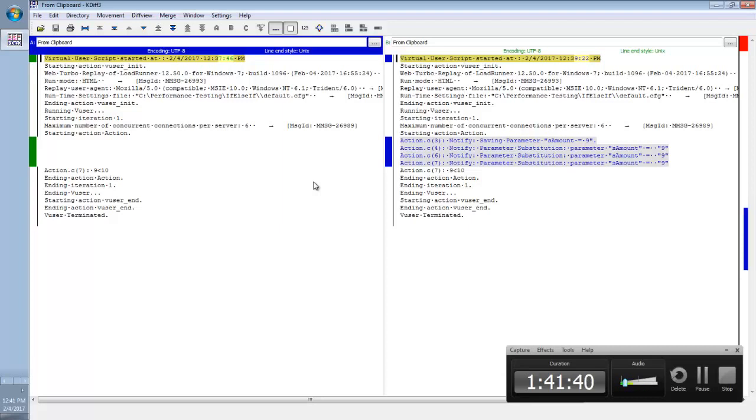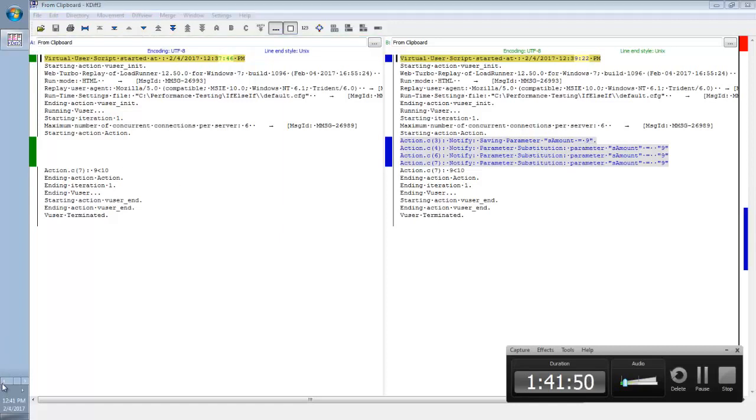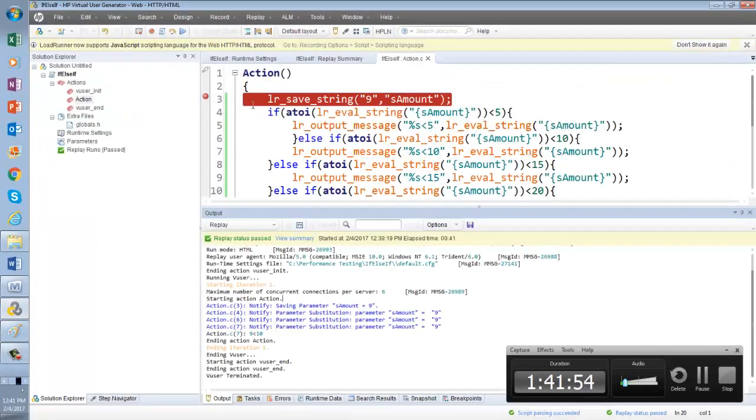You got it? Now can you see in line number 3 we are saying saving parameter s amount 9. So go to line number 3. Can you see what we did? We are saving 9 to s amount. So that is what the log is saying. Now from line number 4, we have saved value 9 to the parameter. Now we are using that parameter, right?